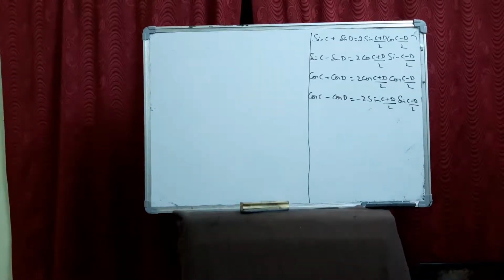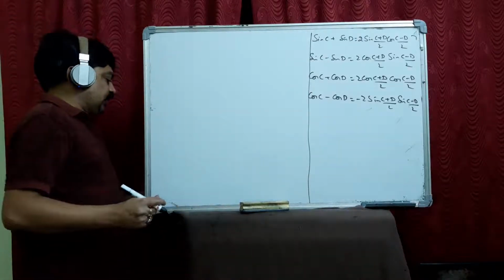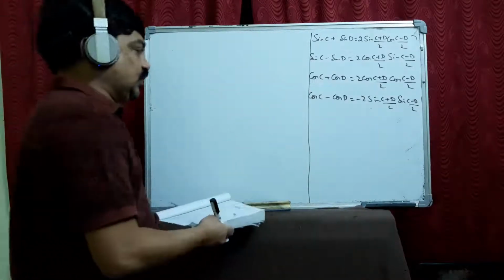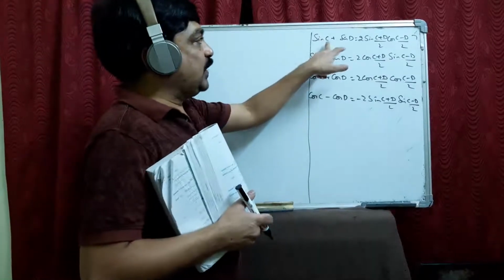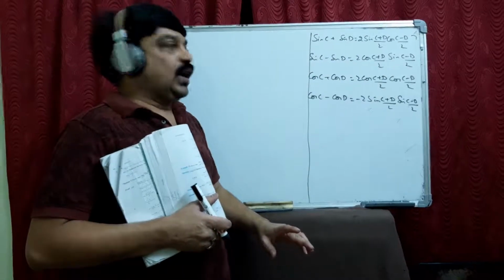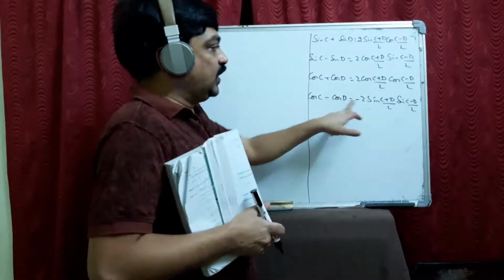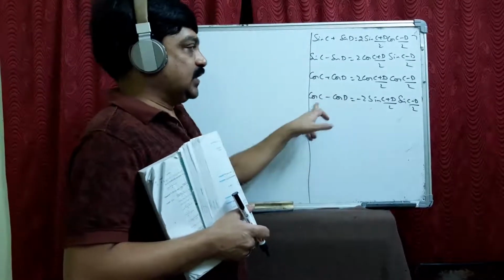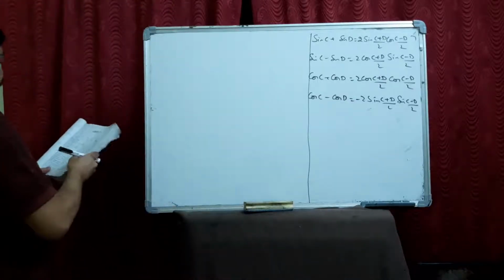See, for the coming problems, we use these four formulas continuously. When you apply this formula, take always C as the bigger one and D as the smaller one, so that you can avoid the negative signs. And here in the last formula, you will get minus. Be careful, this minus, cos C minus cos D. Only these things you should remember. Suppose in the question number 12,